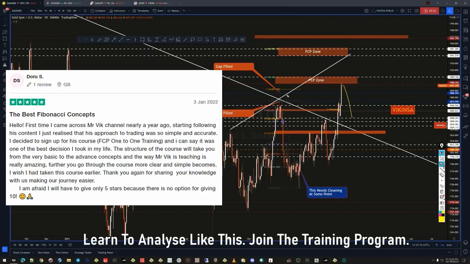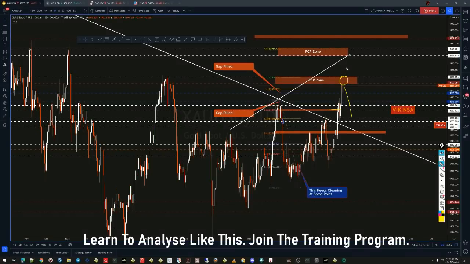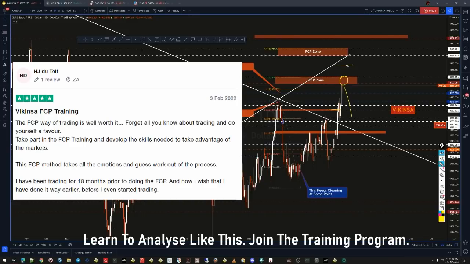Now there is a trend line which is running right now. So if the market actually violates this FCP zone, right, if it becomes extra bullish, remember we were just talking about this huge W pattern, right? If this FCP zone becomes a support zone, then the market is expected to reach somewhere in the middle, somewhere around here, and that will be approximately 1928 area or so.